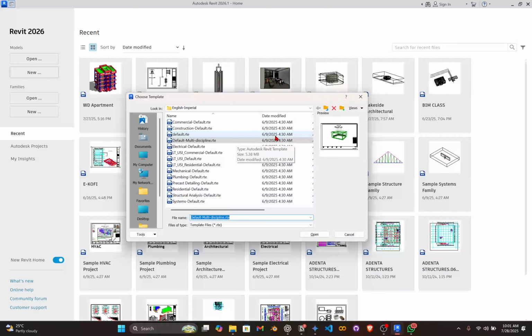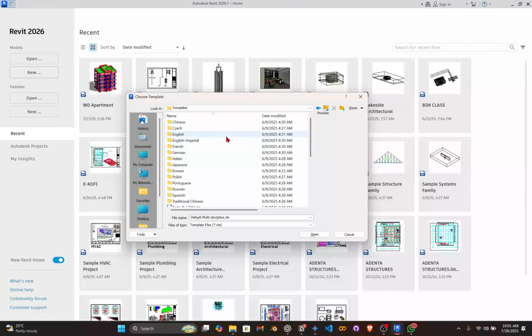So what we are going to do is to go a step back. So I click on this very button here. It takes me a step back. Now in this folder, I select the English folder. So just like I said before, if you don't have the Revit family pack, you might not see all of this. So I select English, and here, all of these are metric templates. You can see default metric,